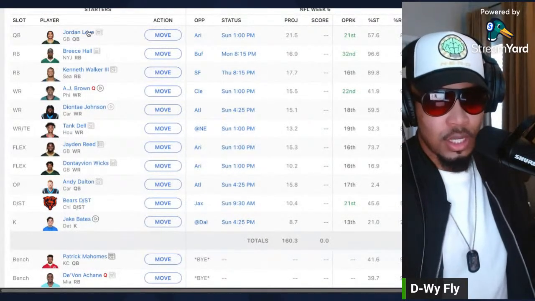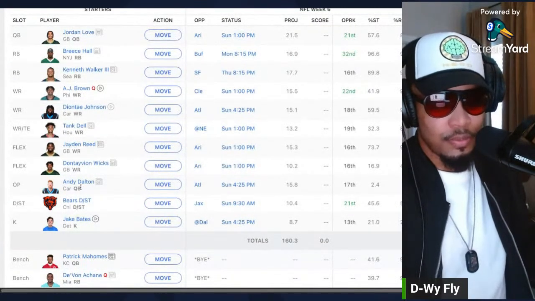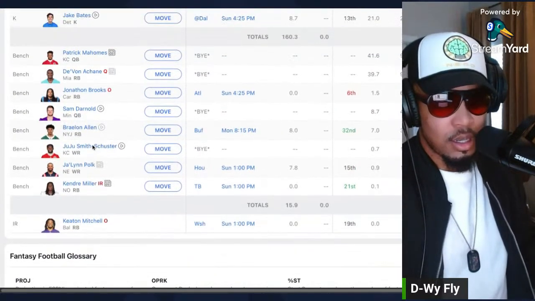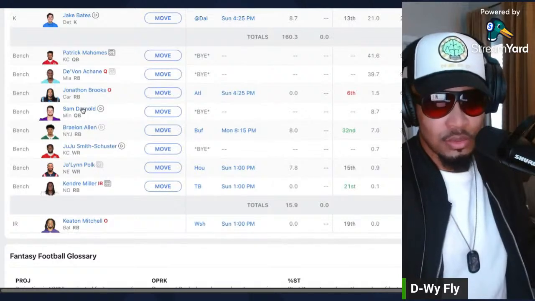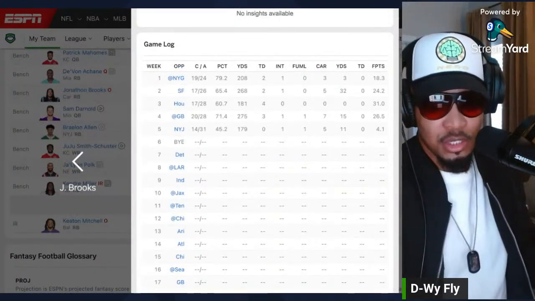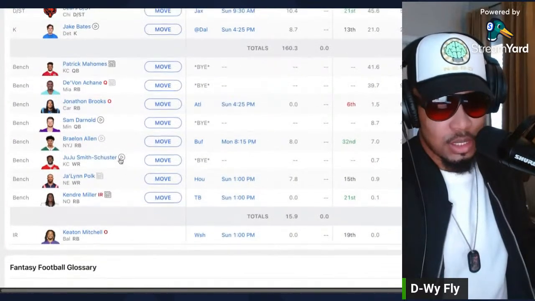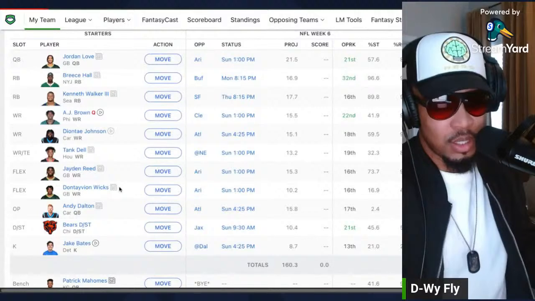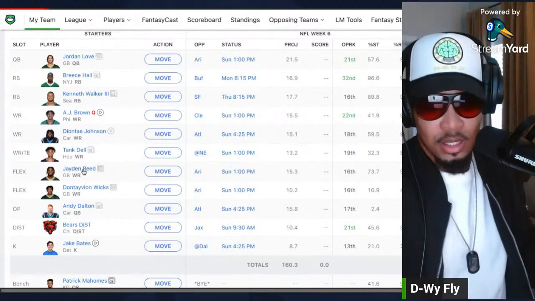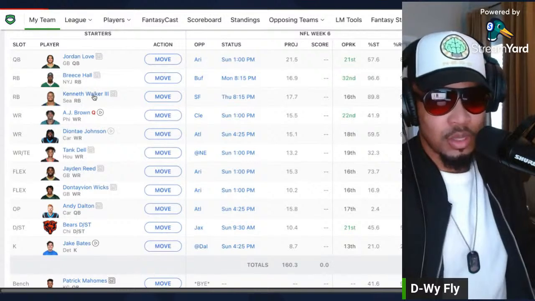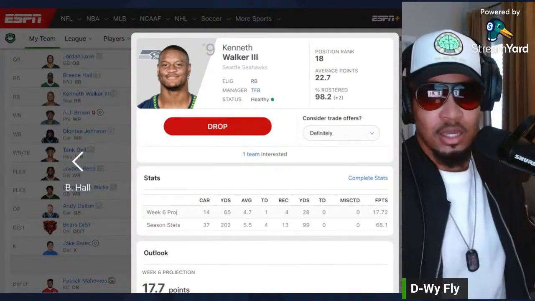Jordan Love was hurt for a couple weeks. Patrick Mahomes has been bad. Devin Achane for the past 2 weeks has been bad. Sam Darnold has really been the only bright spot for me this year, as far as my starters go. But yeah, and Jaden Reed, I guess, and Kenneth Walker.